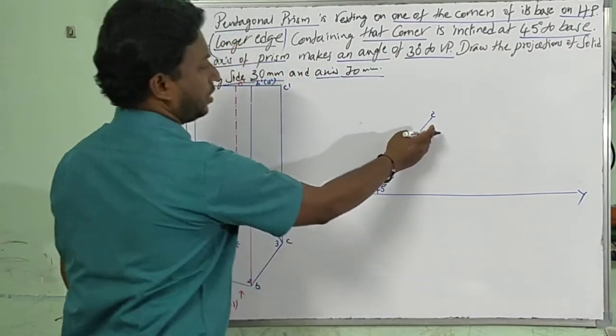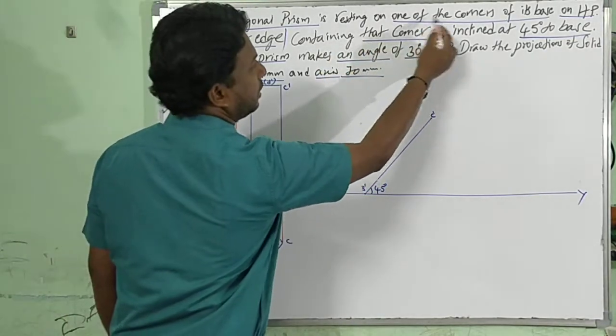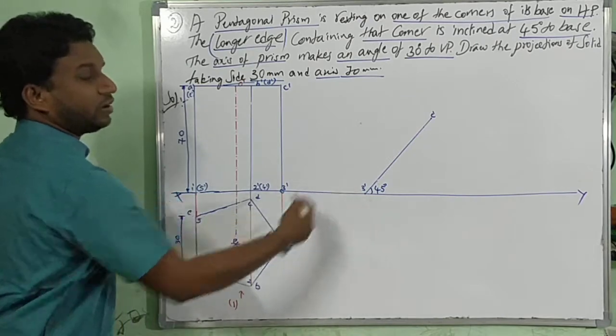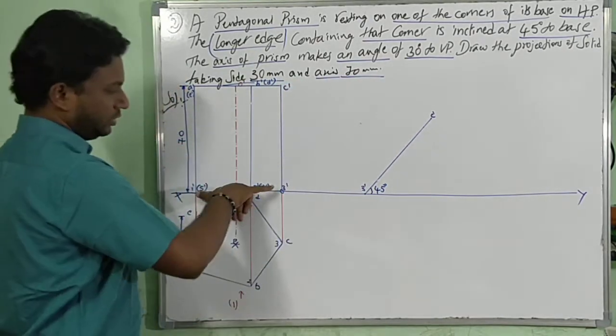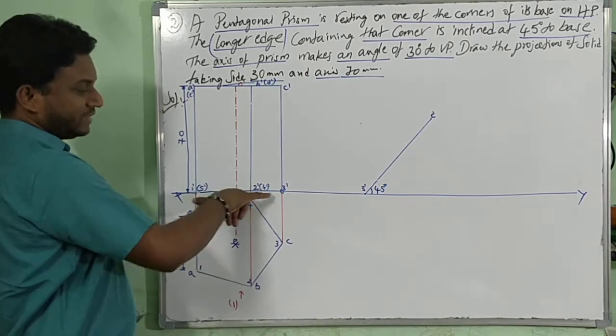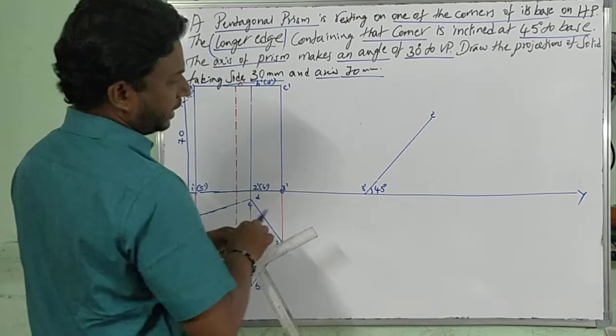With respect to this longer edge containing the corner, one of the corners of its base is on HP. Now this has to be reproduced. Whatever the exact length of 1 dash 3 dash is, it has to be measured and completed as